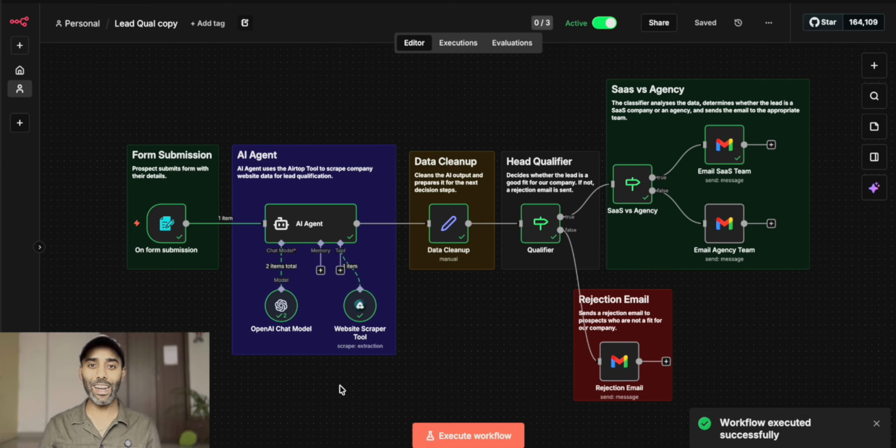With this automation, that entire process takes a few seconds, and the team only sees leads that are already qualified and routed correctly. So, instead of spending hours every month filtering leads, your team can focus on actually talking to